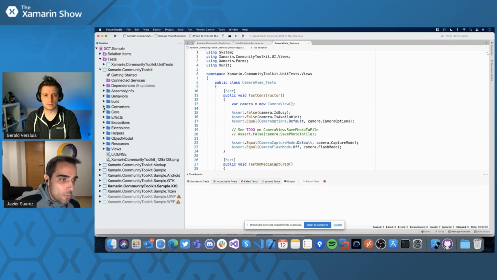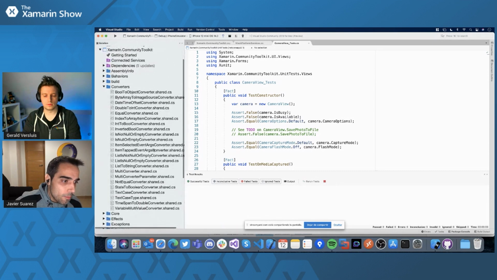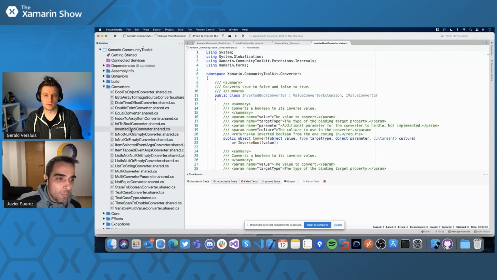And let's see very quickly the structure of the toolkit. If you want to include converters, you can find all the converters here. There are many common converters. I mean, probably you have created converters like IsNullOrEmpty converter or the more typical InvertedBool converter. I think that this is probably the most copied converter from one project to another, again and again. So that's the idea, to have many converters, very useful and of common use.